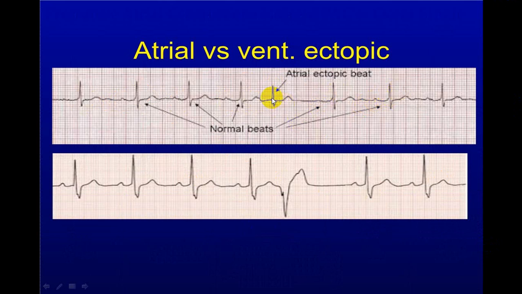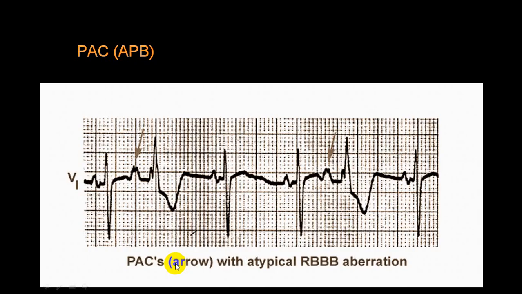Now this is narrow. Now see, this is broad. And the T wave is in the opposite direction, while here, with this QRS complex, the T wave is in the same direction. So this is the atrial premature beat, this is the ventricular premature beat. This will not give rise to a pulse, this will give rise to a pulse. So here there will be no apex pulse deficit, here there will be an apex pulse deficit. So this is a very characteristic difference to differentiate between atrial and ventricular premature beats on a rhythm strip.